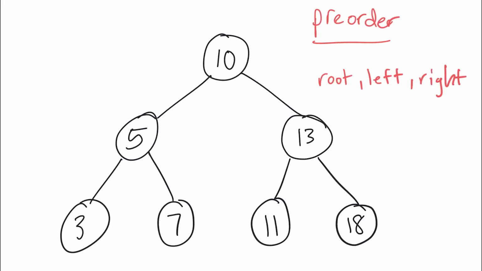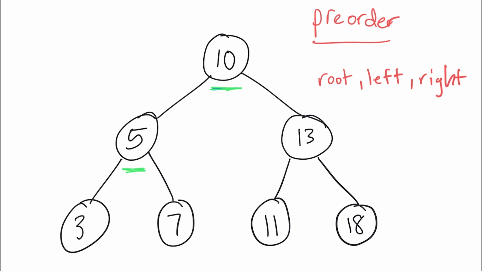All right, so for the pre-order, in-order, and post-order traversals, it's just the order that we traverse the root. So in pre-order, the root comes first. And then left and right are always in the same order where left comes before right. So we're just going to traverse the root node, then the left node, then the right node. Now you might be thinking we traverse the node with the value of 13 next. However, the node with the value 5 that we traversed is a root node in itself, so we continue down that recursive path. So since 5 is the root and we've already seen that, then we would go left,